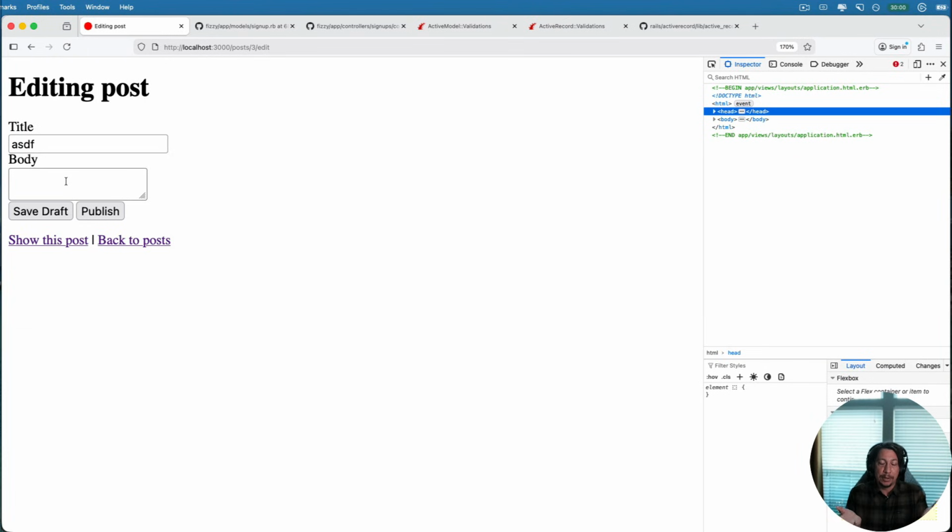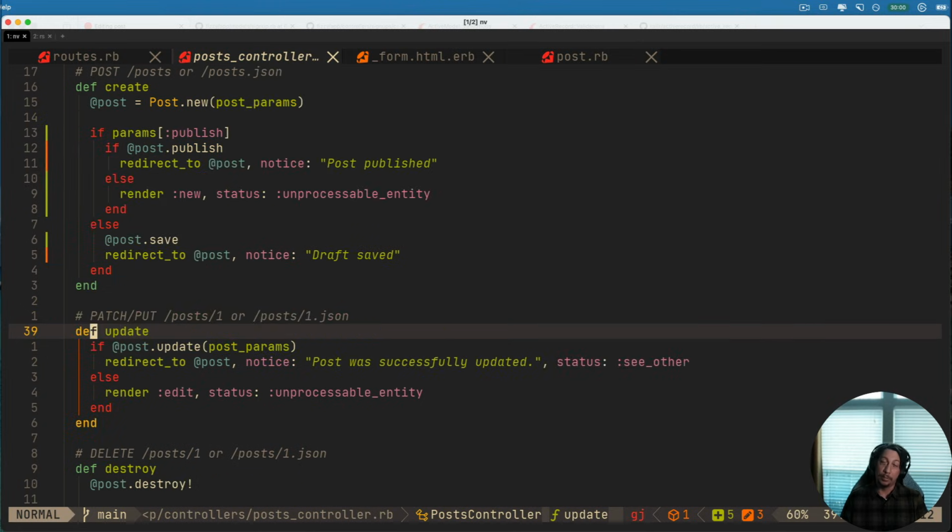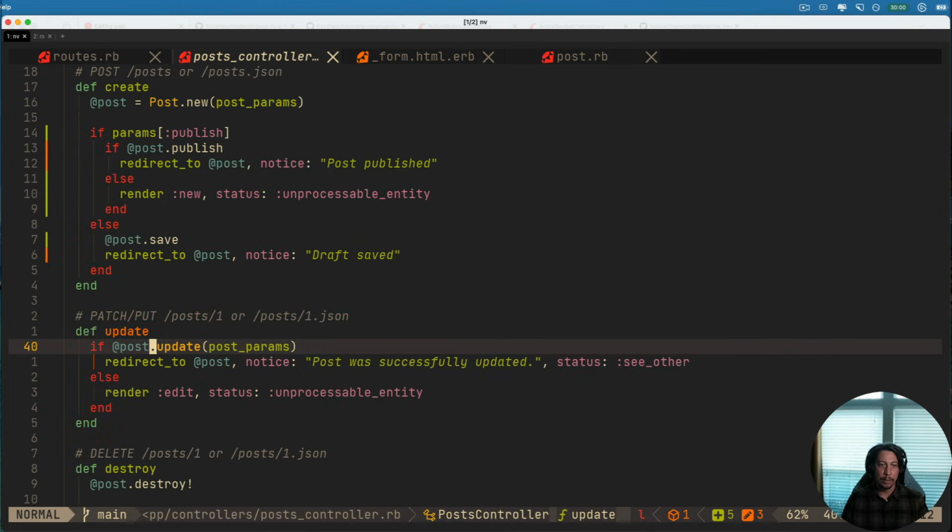You can just set up these contexts and then you pass them to the calls that you make when you're trying to save records. And now what about when we want to come back and write out the body here? Well, we need to do some updates here, because if we go look at the update method, no pun intended there, if we call post.update right here, we're going to be bypassing our validations, right? Because update's not going to have any context passed with it or anything, so it's just going to skip the validation. So we need to set that up so that we can pass the context for this validation to run